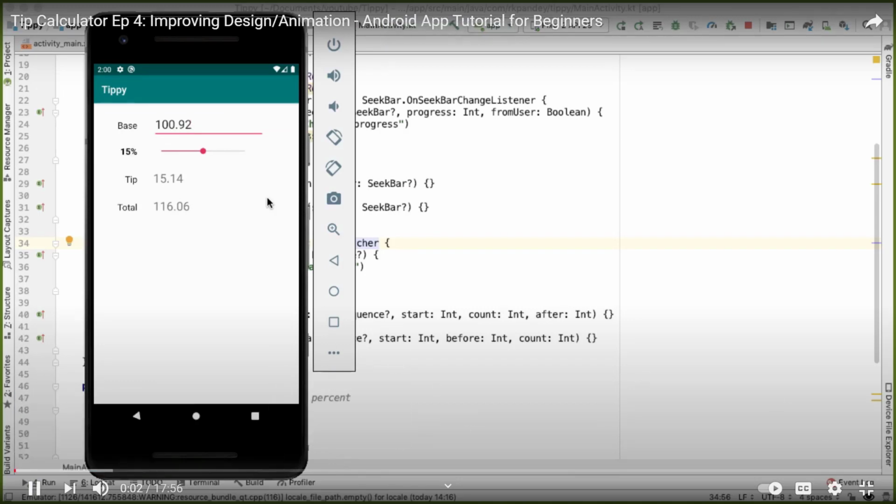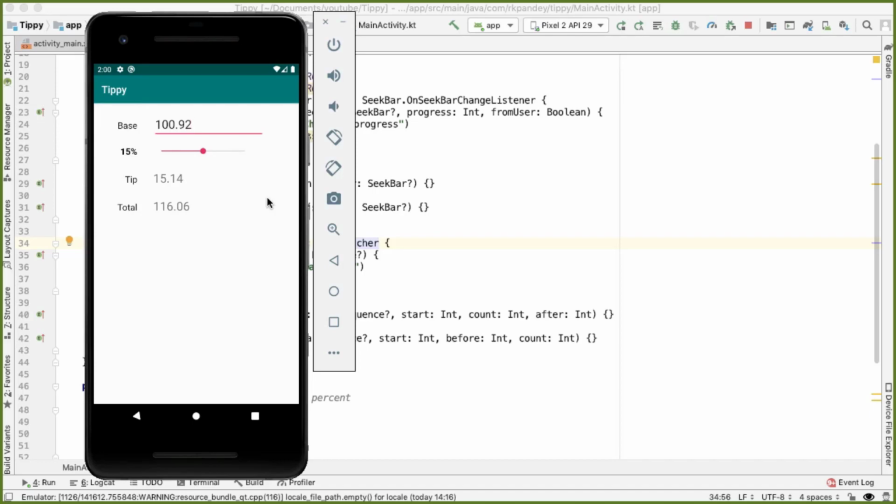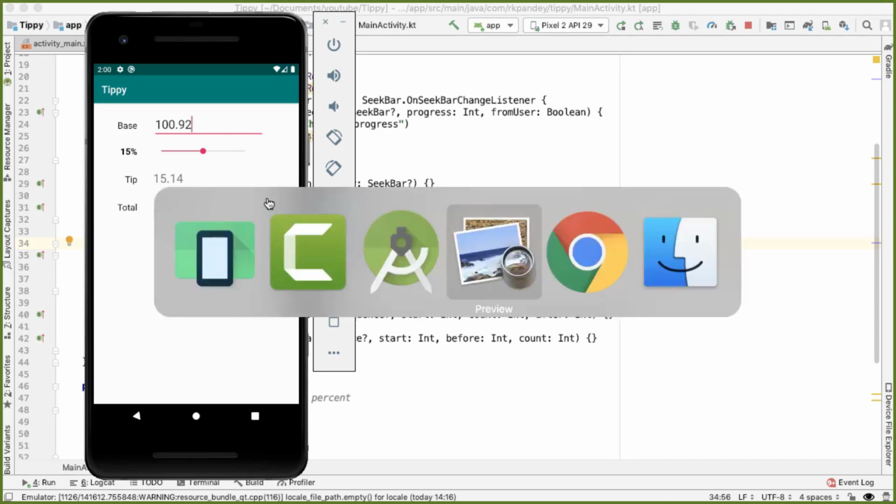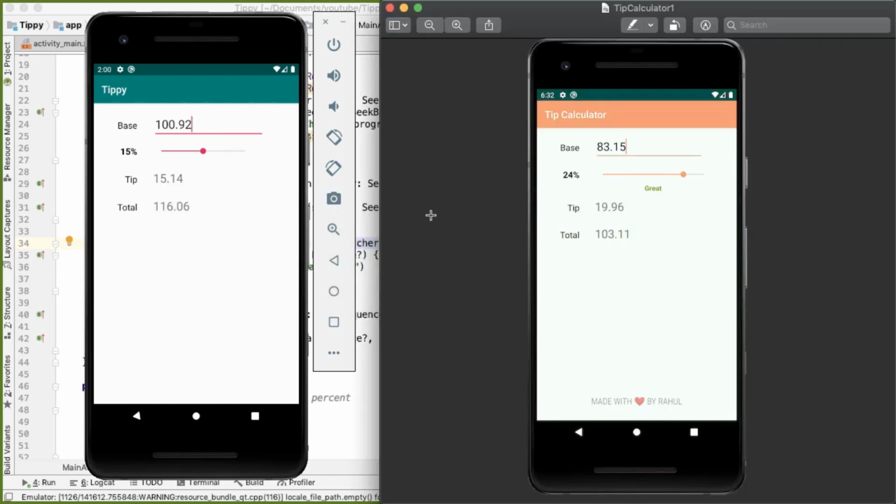At this point, we've done the basic implementation of our TipCalculator app. The goal for this video is to add some color and some personalization in our app and really show off our design skills. Unfortunately, my design skills are pretty limited, and so what I'm going to end up building is something that looks like this. So definitely it's an improvement over the original app, but I'm sure you can do much better. So feel free to